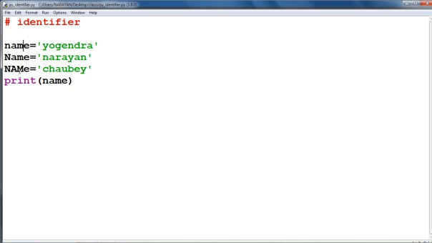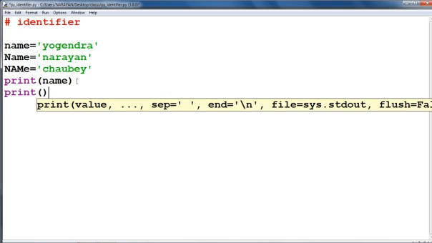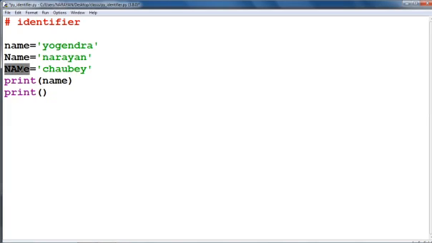And when we are going to define the identifier, that means we have to take care of the case. Upper case and lower case are not the same; they will be different variables. If we are going to print third name, then see what will be the output.